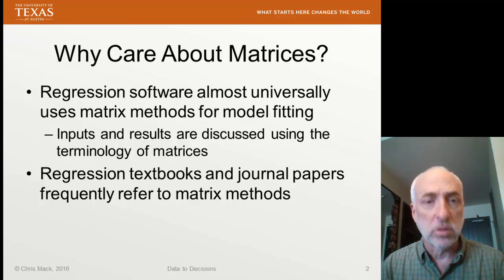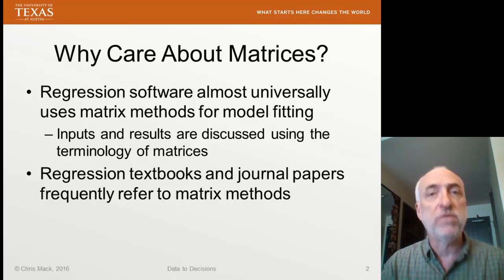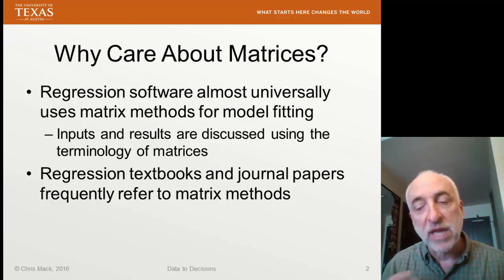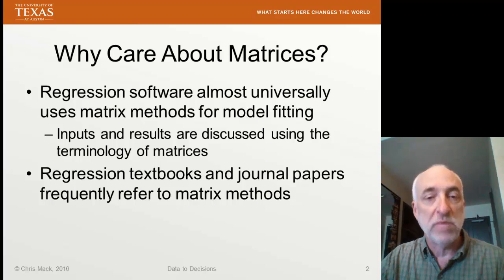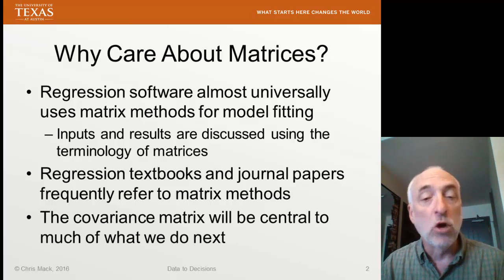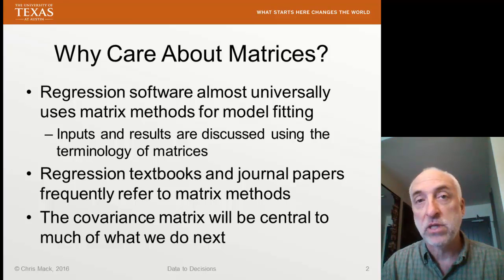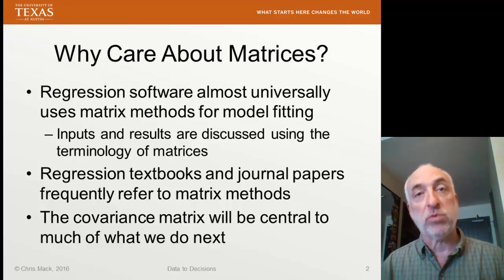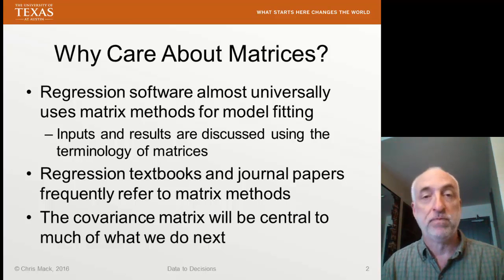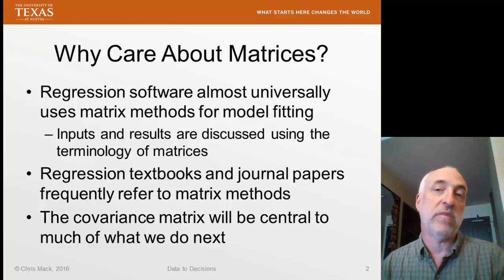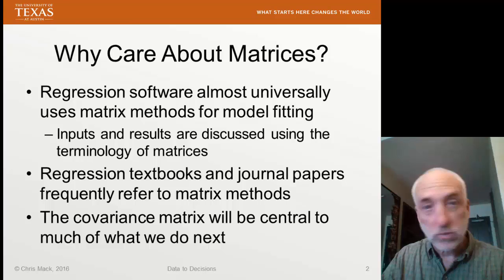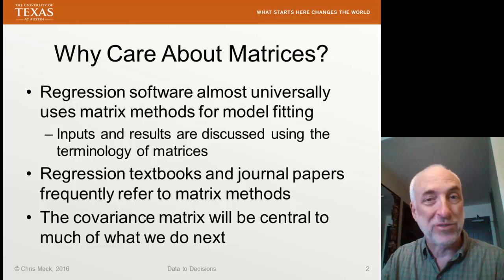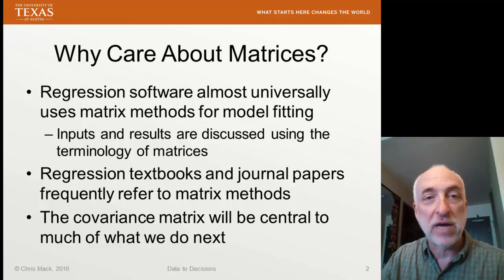If you go to journal papers in the world of statistics and regression, you'll frequently find matrix discussions. So if you want to understand what they're talking about, you have to have a certain level of familiarity with matrices. Finally, we're going to use the covariance matrix a lot in this class as an example of the kind of output you need in order to properly interpret the results of a regression. So we're going to talk about matrices in this class as well. So let's do a very, very simple and quick refresher course on what a matrix is and how it's described